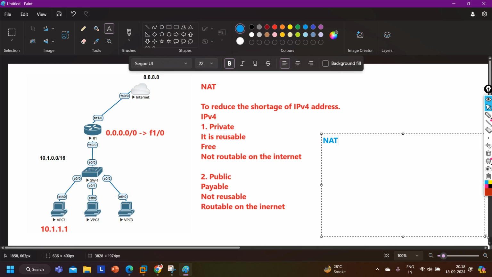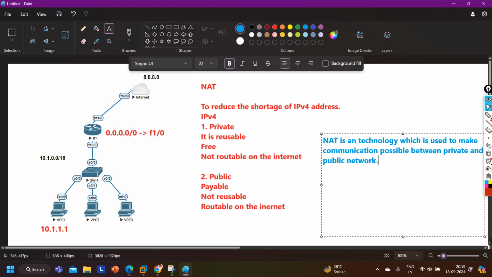You can say NAT is a technology which is used to make communication possible between private and public networks.